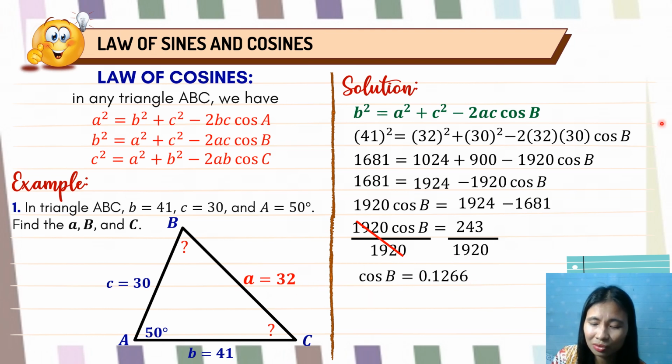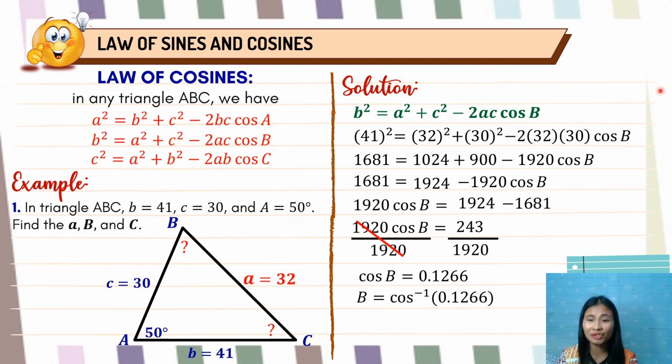Cosine B is equal to 0.1266, so B is equal to the arc cosine of 0.1266. So this is read as arc cosine. Now, how are we going to have that function in your scientific calculator? So in your scientific calculator, you try to press shift, then the function cosine, and cosine exponent -1 will appear, and then input the value